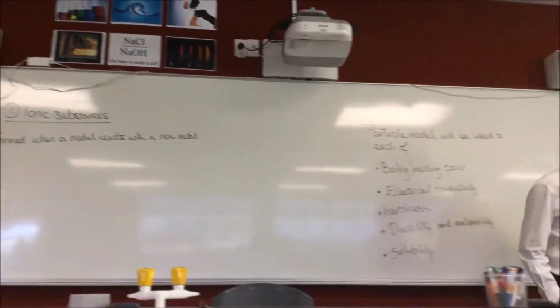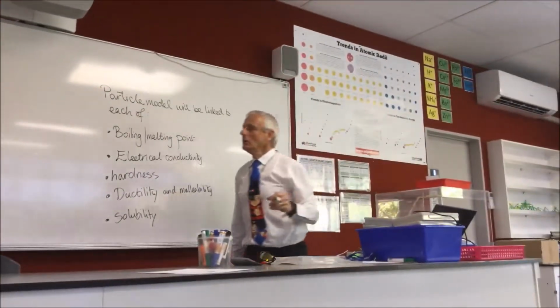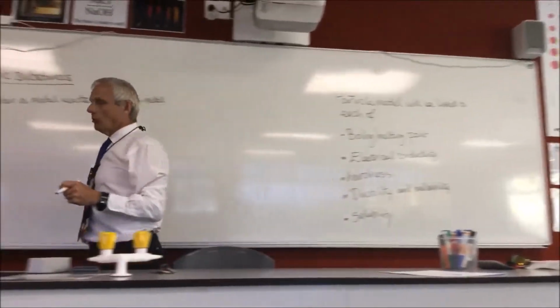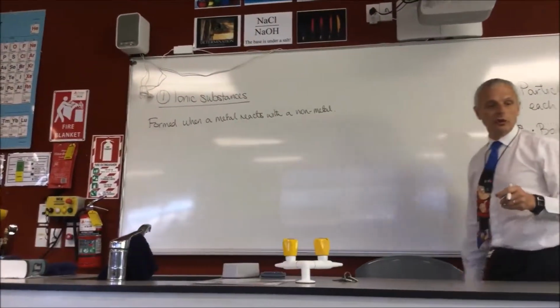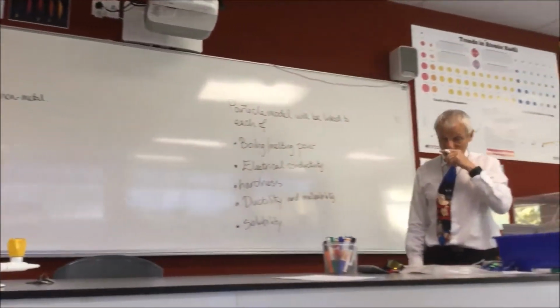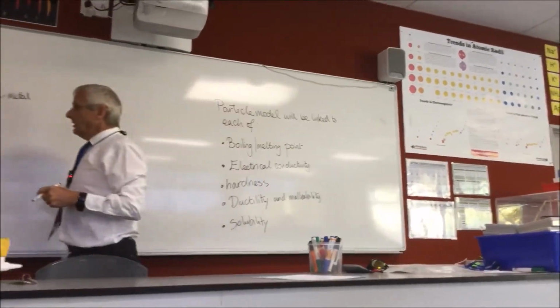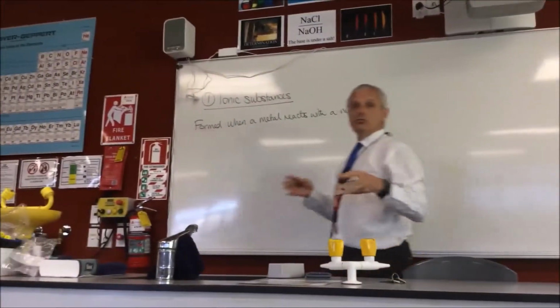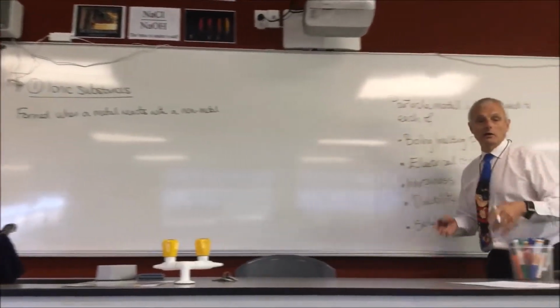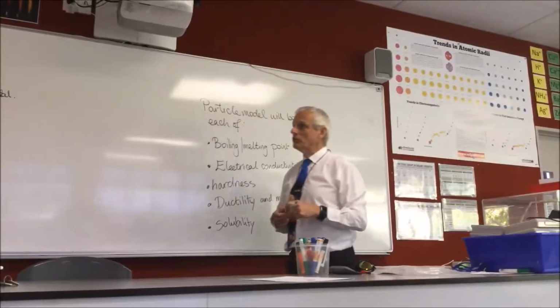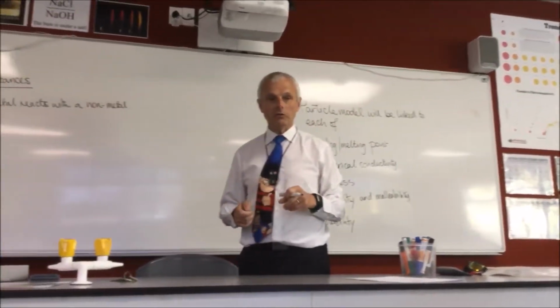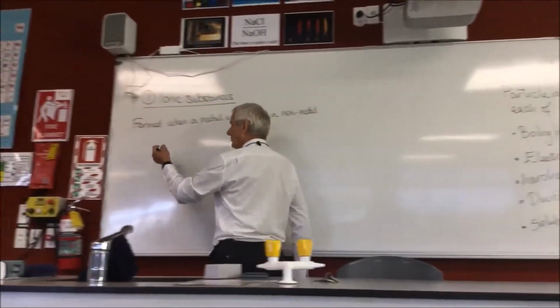Okay, in a very generalised sense, ionic compounds or ionic substances are formed when you take a metal and react it with a non-metal. And what we have to do to justify this is go back and look at the nature of metals versus non-metals in terms of electrons. Okay, if we look at the metals,